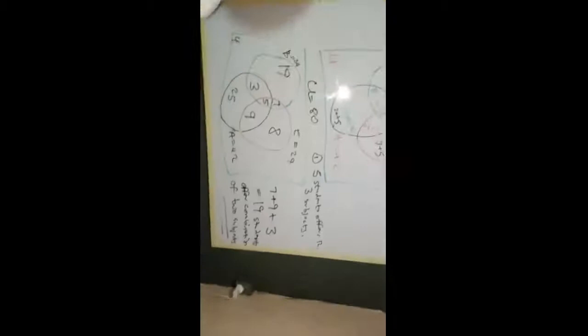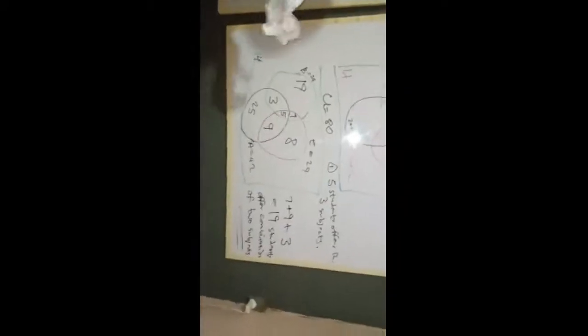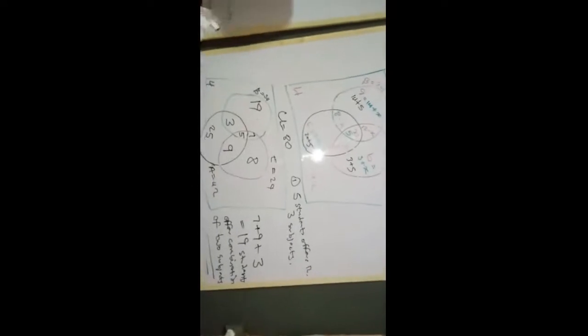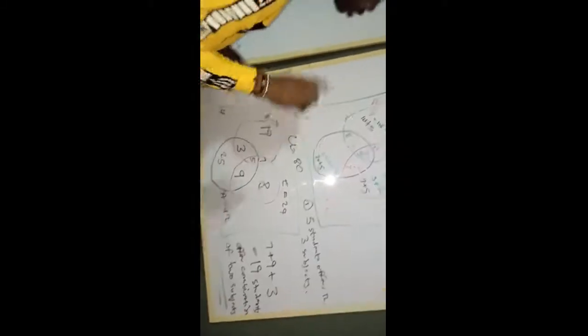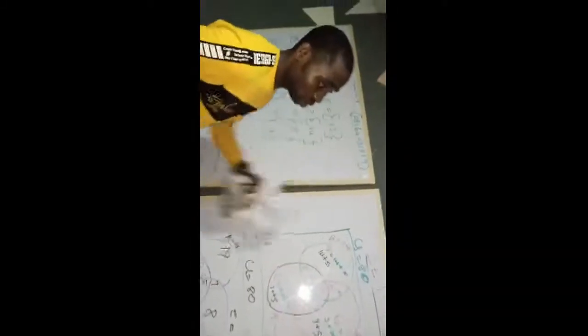That is all about this set theory. Set theory is not something to be scared of. It's just very straightforward and sweet. Once you know how to compose your Venn diagram, which is not more than this way that we do, once you know your equation, you don't have any problem on set theory or Venn diagram